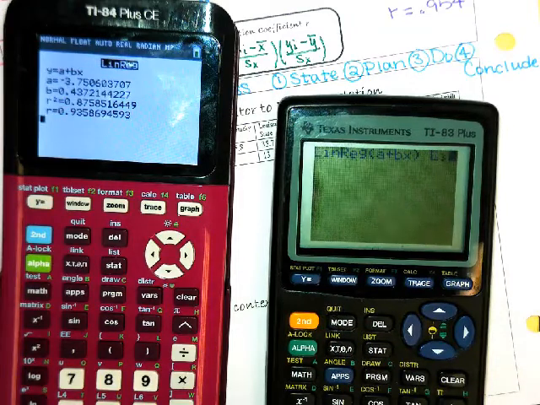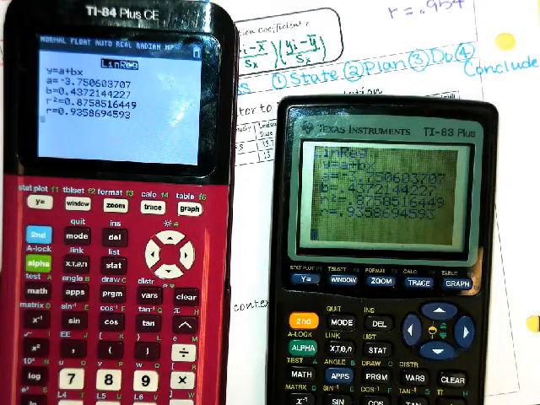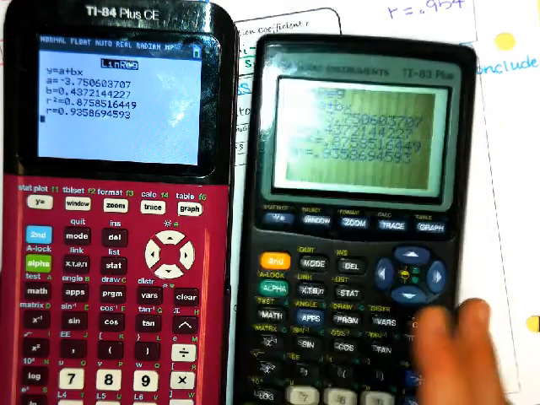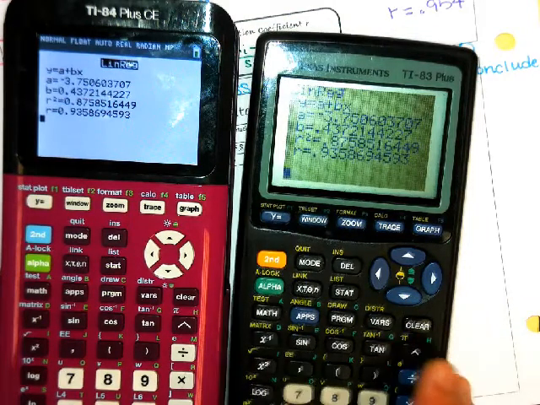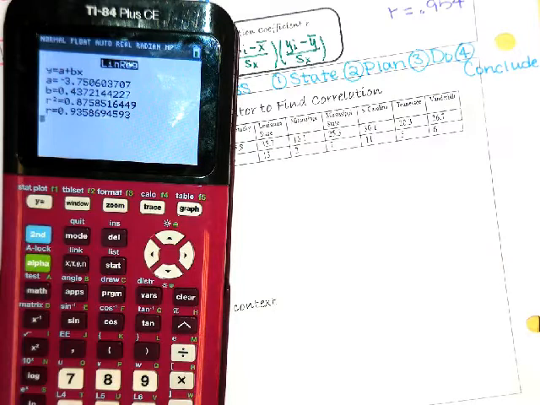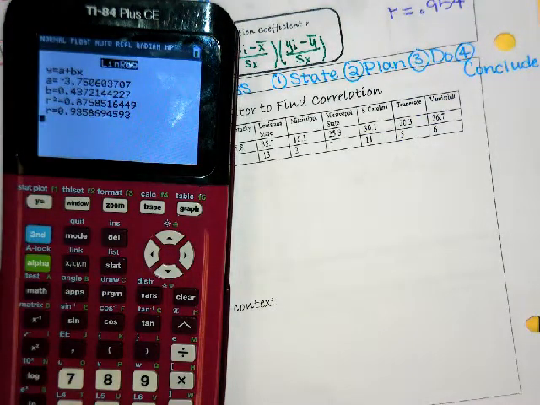Notice it gave the exact same stuff, just the older ones don't prompt you. Some of the older 84s won't prompt you either. So where's your X data? What list? Lists 1 and 2. Okay, so list 1, second one,